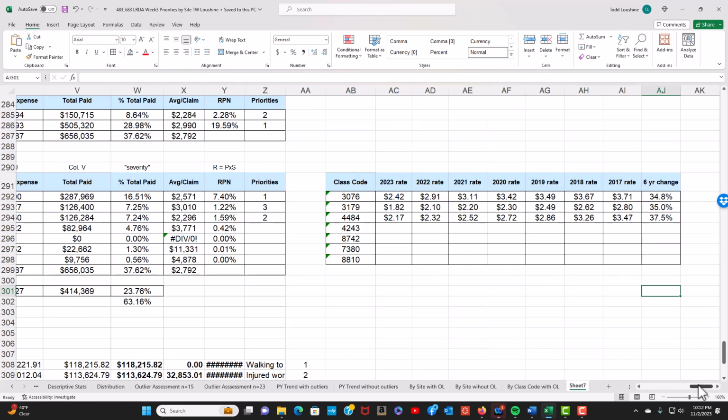But the reason for this is just so you get a better understanding that if we had the payroll amount for each of these, we would multiply the payroll. We divide the payroll by 100, multiply it times this, and then add up each one, and that would be our base premium. That's the base amount. In order to get our adjusted premium, or the amount we pay, the adjusted premium is equal to the base times the EMR. And we are able to affect the EMR by doing aggressive case management to try to